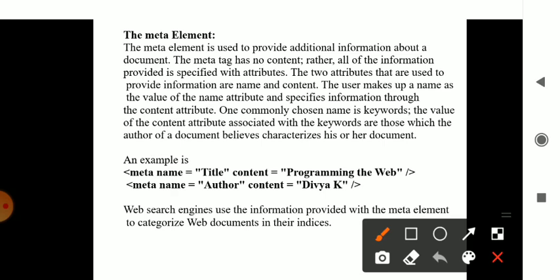Meta is nothing but the meta element, which consists of the name of whatever data you are setting, or the title which you are giving for your whole program, and whatever content is there, that is being considered. So you have author and content, it will be about Divya K, whoever it is. Okay, so remember, it's an element where it doesn't consist of anything else. Mainly it consists of the name and the content. The meta element will have just the name and the content present in that.